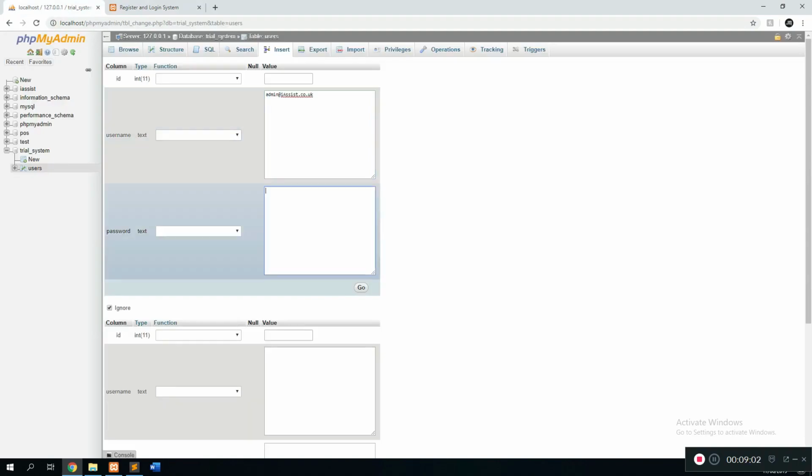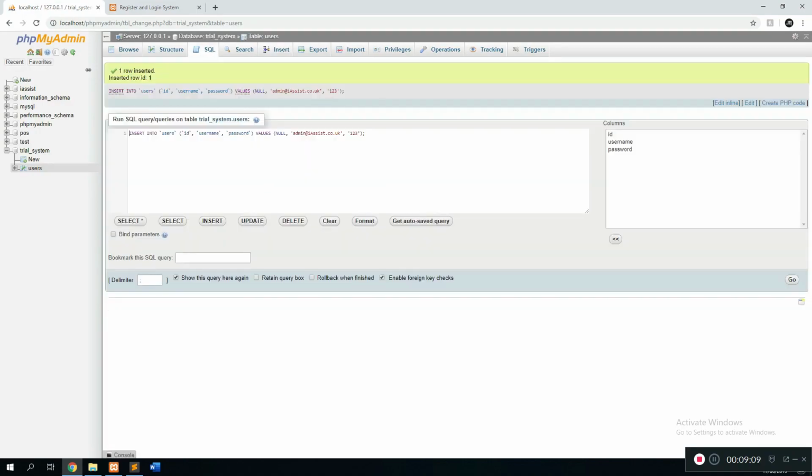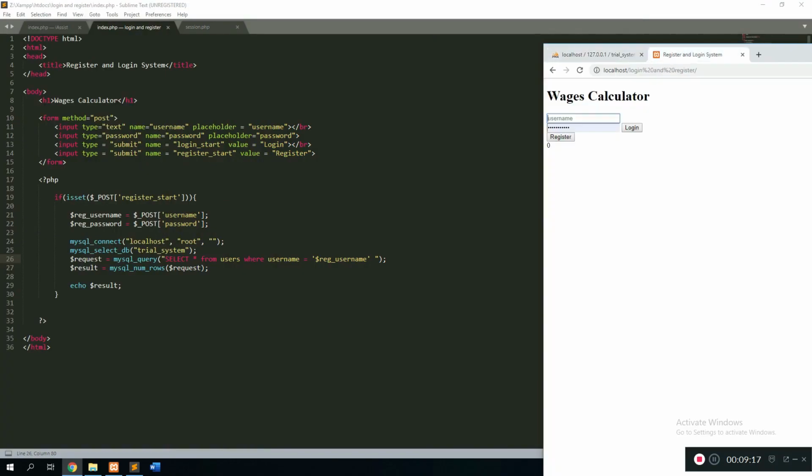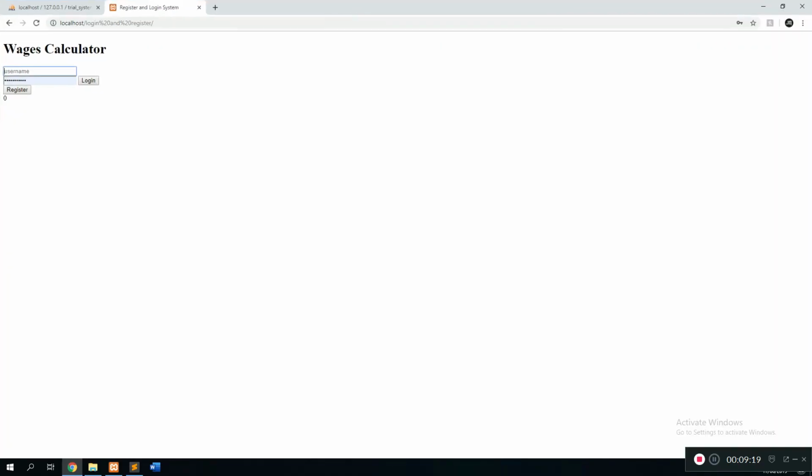There we go. Password's going to be 123, and the ID should automatically do its job. So once we're done with that, we're going to go back to users. As you see right here, we now have the username admin@iss.co.uk and a password. So now when we try to click on register, it should return 1, because obviously there's one record in the